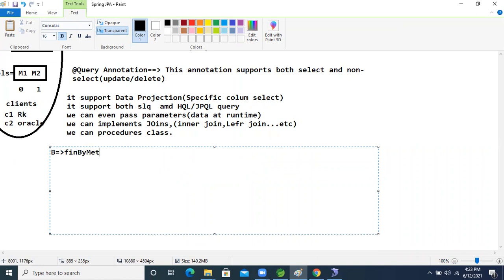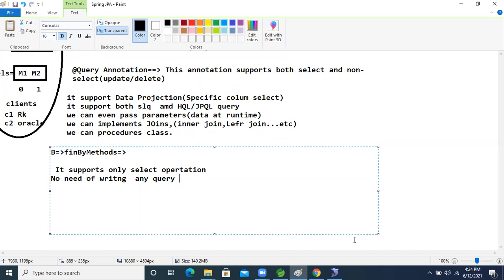Find by methods. Using this one, what are we seeing? It supports only select operations. Another point is there is no need to write any query.